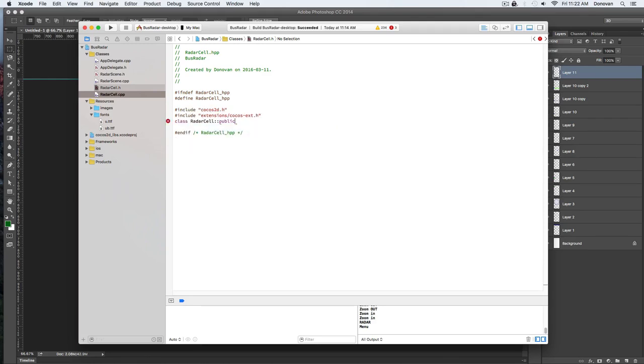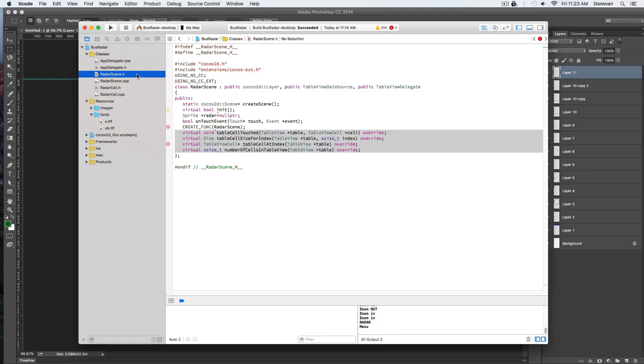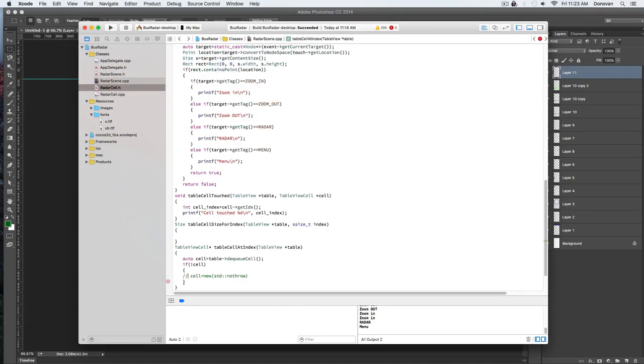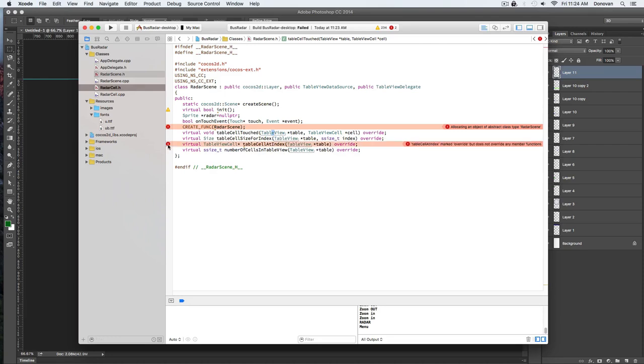Although I'm creating here a class for the table cell, and I'm not initially going to put anything in it. Like, this class is really just going to be used as a kind of placeholder. Eventually, after I get a lot of the code inside the radar scene, at some point in the future, I will pull the code out